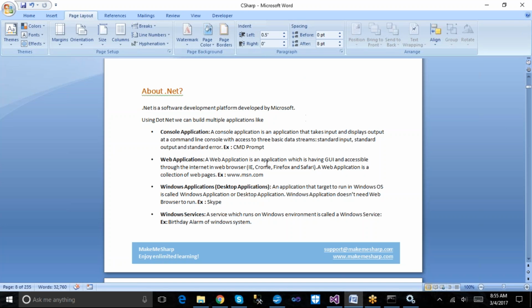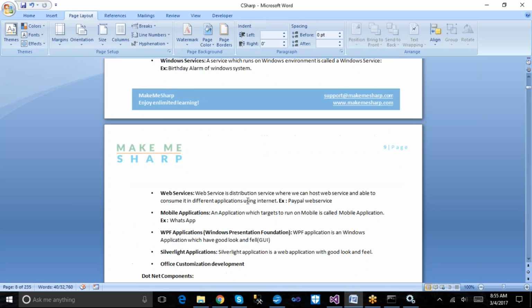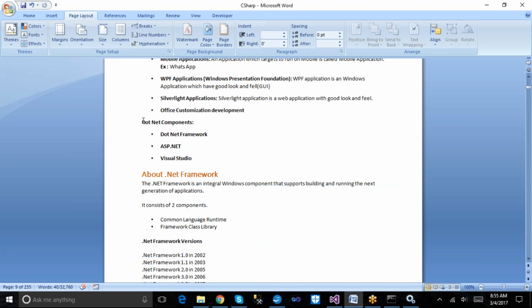So these are all the things we can develop with .NET. Here we have the other section which we call .NET components. Under these .NET components, we have three major categories: one is .NET Framework, another is ASP.NET, and the third is Visual Studio.